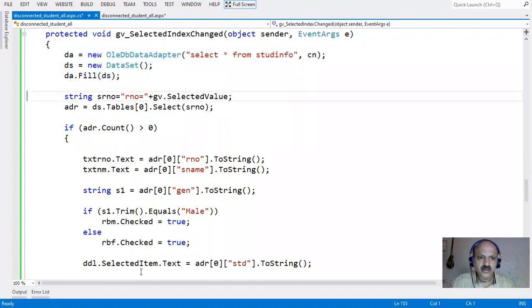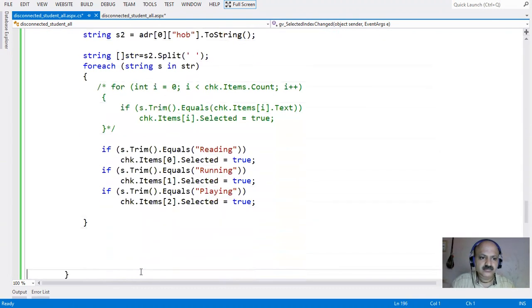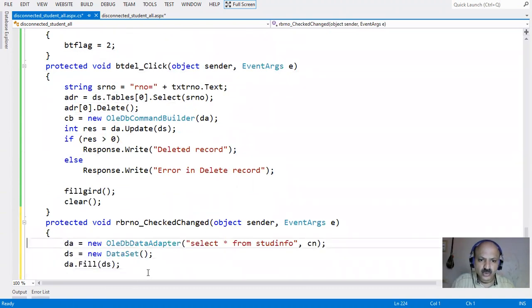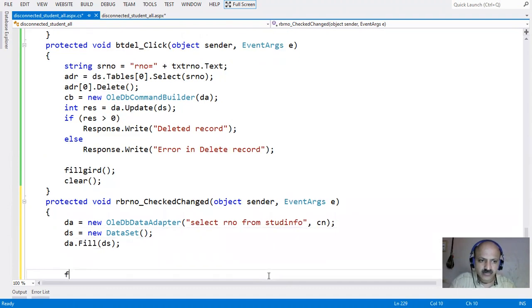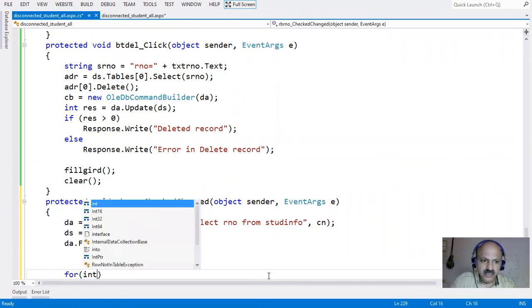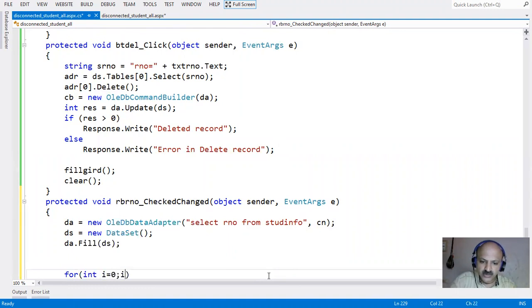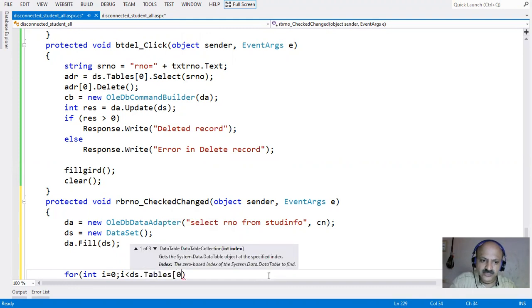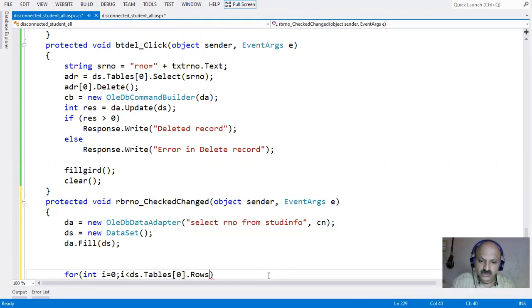So I copy and paste to our search operation. So here we just require the roll number, not all records. And now we can take one for loop, integer i equal to 0, i less than data set table of 0 and then rows dot count.